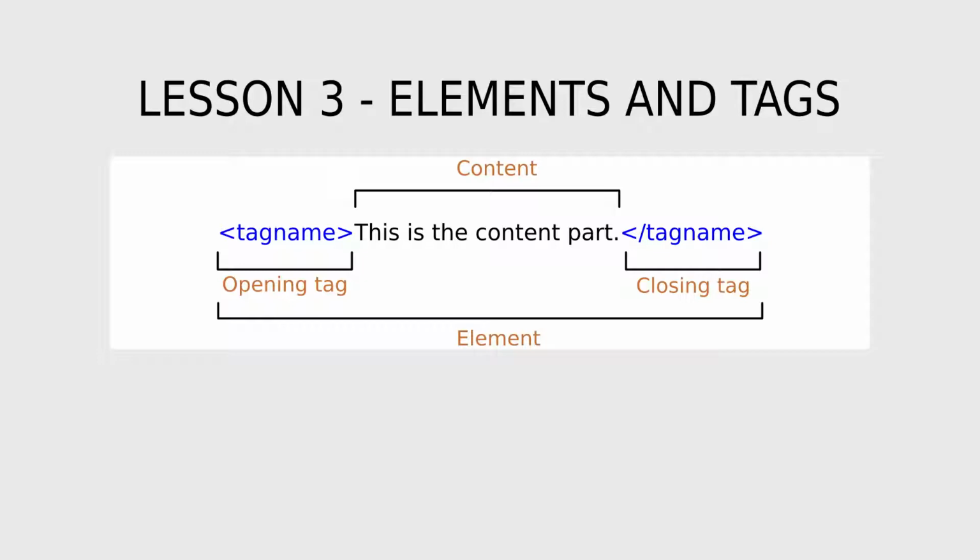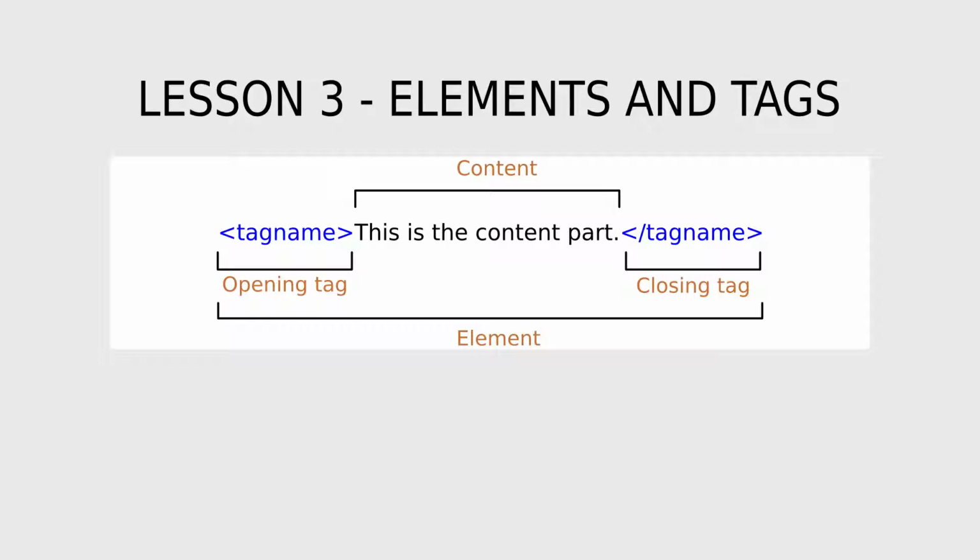The tag at the beginning is called a starting tag or opening tag. It has the name of the element surrounded by angle brackets. The tag at the ending is called the closing tag or the ending tag. The format of an ending tag is similar to that of a starting tag. It has the element name surrounded with angle brackets. The difference is that the ending tag has a forward slash right after the opening angular bracket. You can find the forward slash character in between the dot and the shift keys in your keyboard.